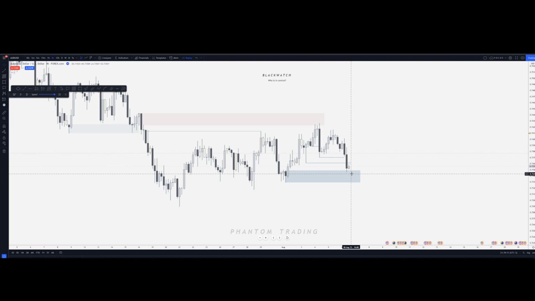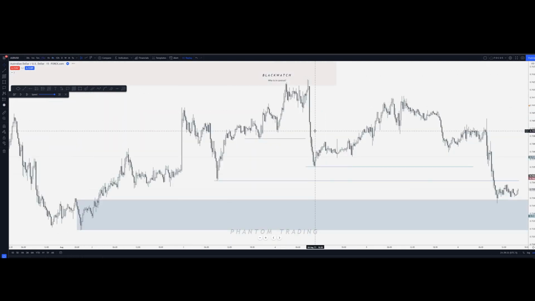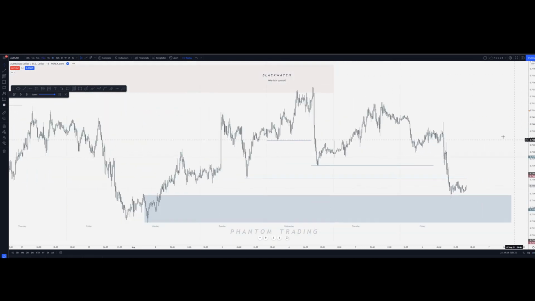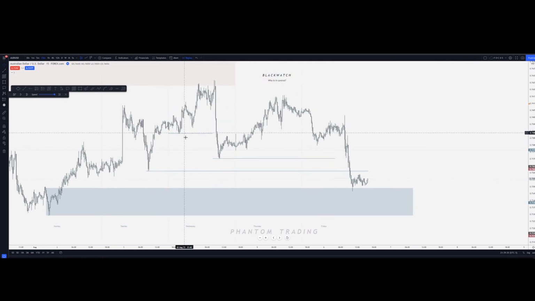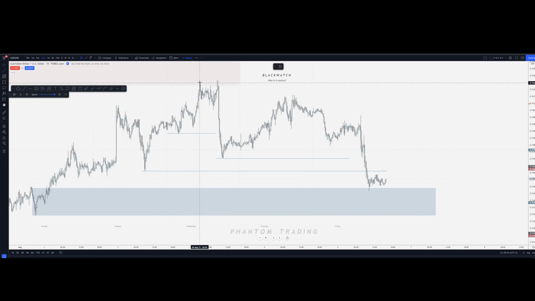Does that make sense? But then when demand fails, that indicates to me again, who's in control? Supply. So it allows me to say I can trade counter trend long, pro trend short. So now I have a directional bias in both ways. Cool. I'm going to go to the 15. All right, and these are my previous indications that price wanted to trade lower on the 4 hour. Obviously, it's a little bit more obvious here on the 15.